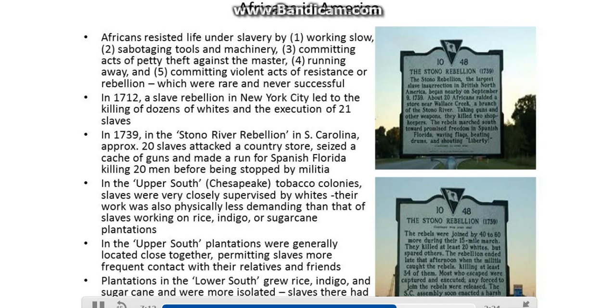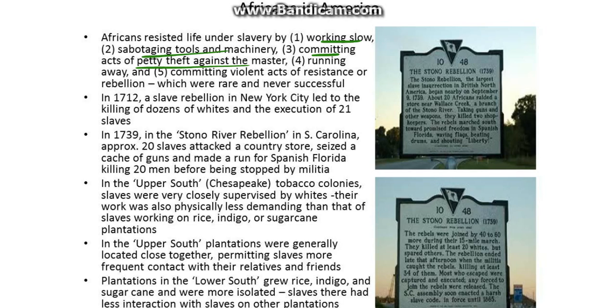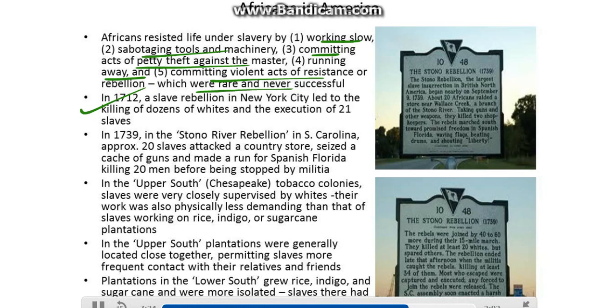Africans resisted life under slavery by working slow, sabotaging tools and machinery, committing acts of petty theft against their masters, running away, and committing violent acts of resistance or rebellion, which were rare and very rarely successful in the long term. In 1712, a slave rebellion in New York City led to the killing of dozens of whites and the